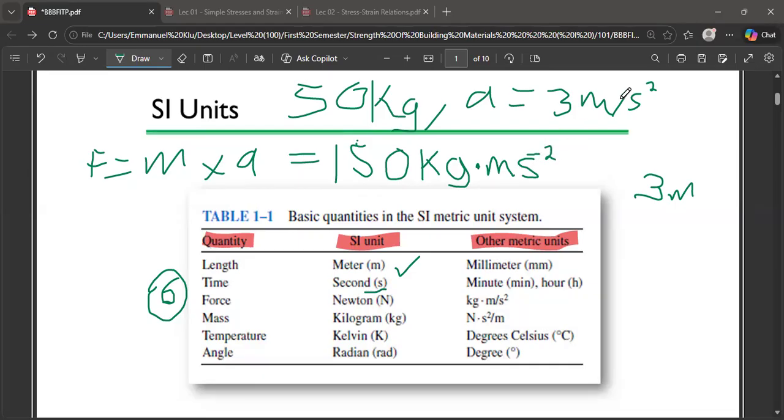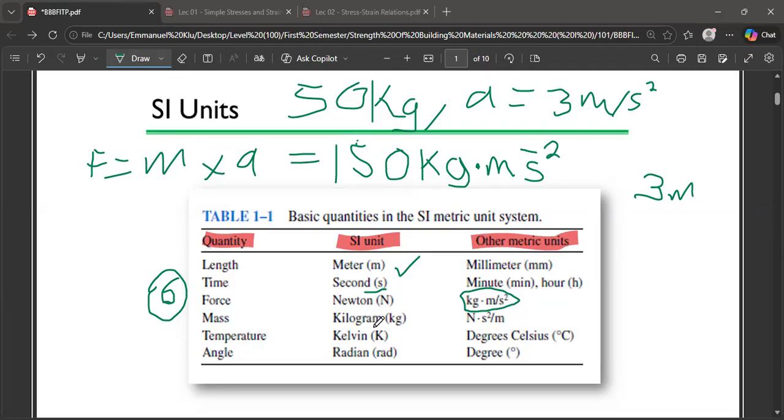It's either you are choosing to bring this bar over here like this, and at the end of the day, this will not be here, or the other way round. I always prefer the other way around because that tells an examiner that this guy is well learned. So I like it this way. So you see, if you don't provide a unit at the end of the day, whatever you are doing is totally wrong. That is why over here we have force being measured in kg meters per seconds squared.